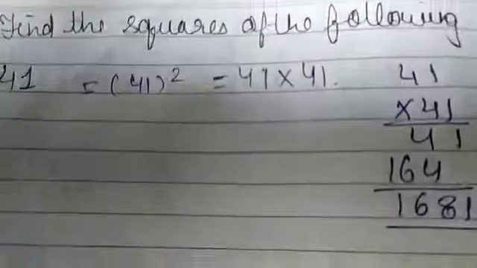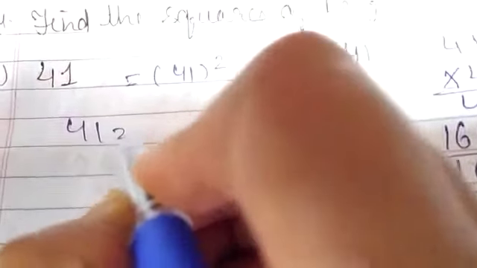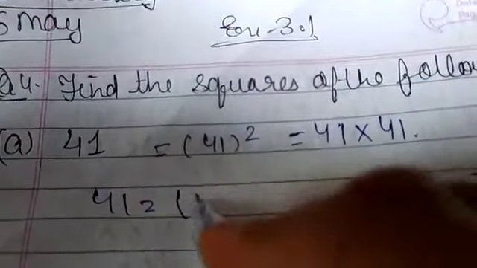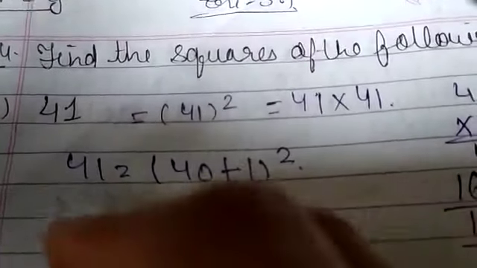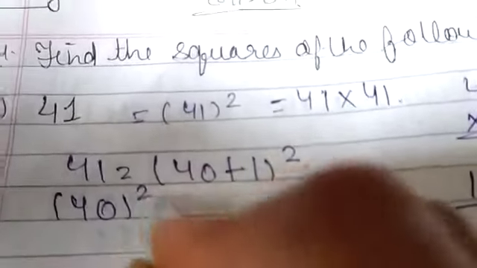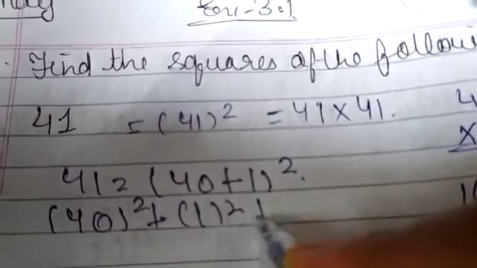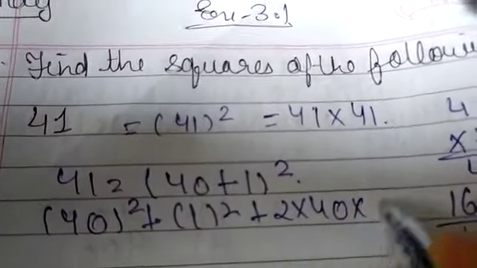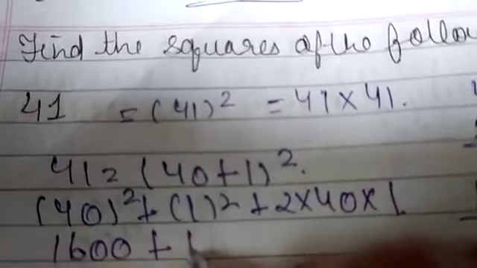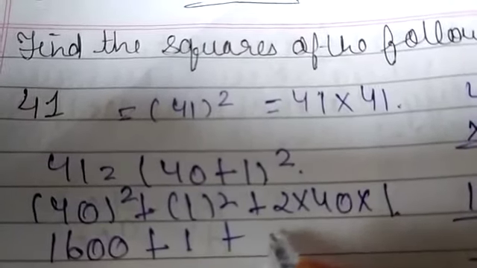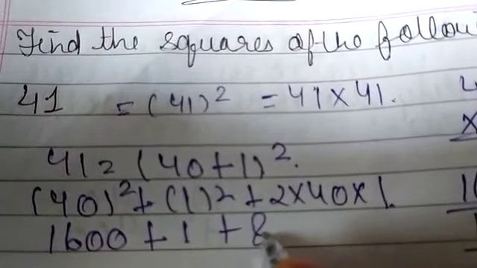Now coming forward to the next, let us solve it with (a plus b) square. It is given 40. So how can we write 40? We can write (40 plus 1) ka square. Correct? Now (a plus b) ka square, so a square plus b square plus 2 into a into b. Okay? So 4 4s are 16, 2 zeros 1. 4 2s are 8, and 8 into 80 into 1 will be 80. Correct?